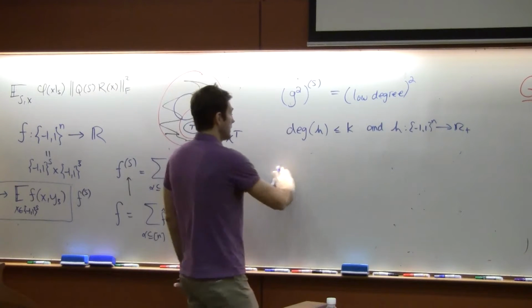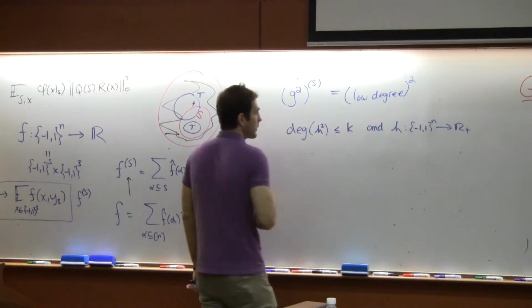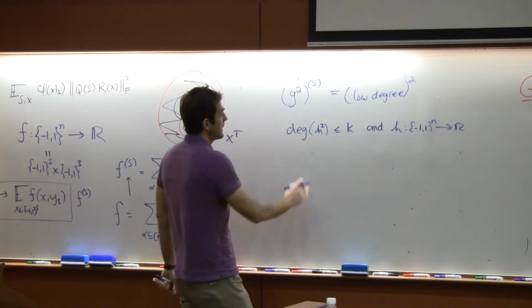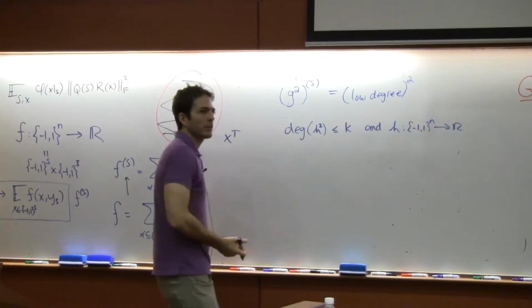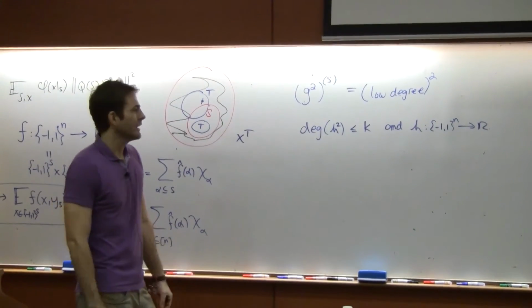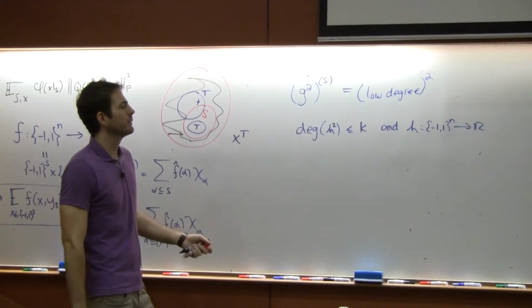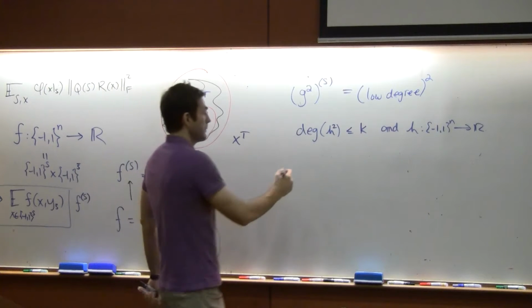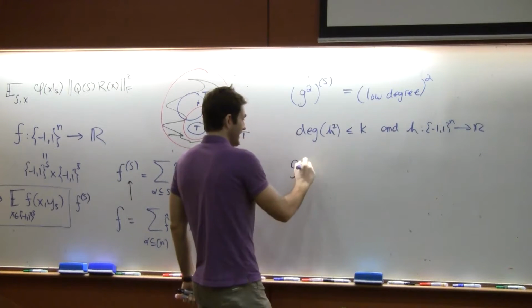The degree of h squared is k, how can we write h as the square of a low degree polynomial? And the answer is, in general, we can't. In fact, if we could, the whole problem would be solved and we would have stopped the lecture on day one, because g itself